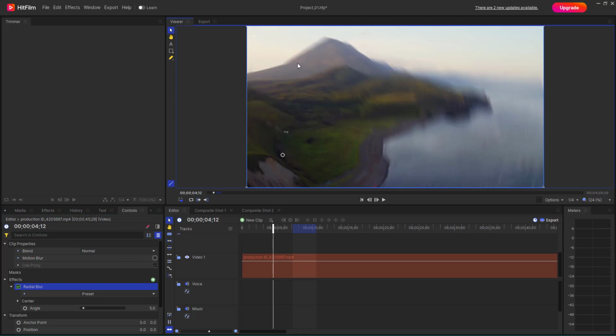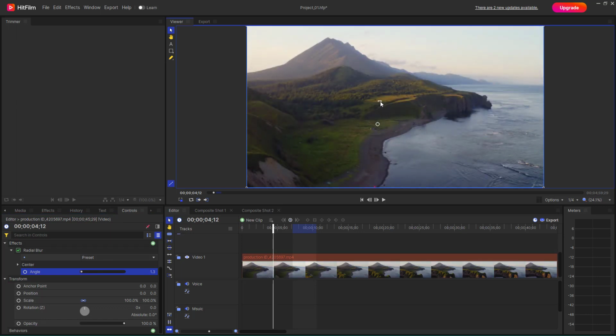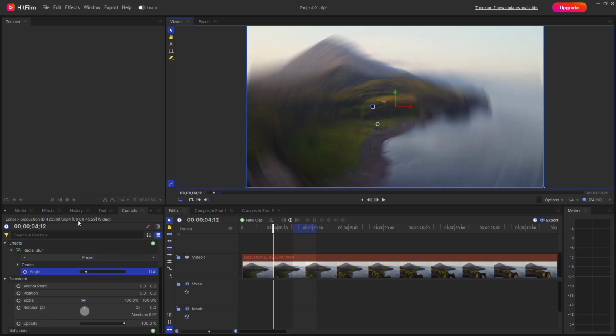As I click and drag around this particular dot, you can see that the radial blur goes here and there, just like this. If I change the angle over here, you can see that this is what you have. So the radial blur is actually applied right here. You can use this little line to change the amount of radial blur, just like this as well. Apart from that, you can change this to basic right here,